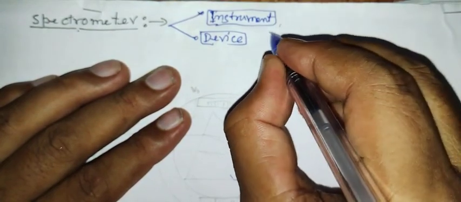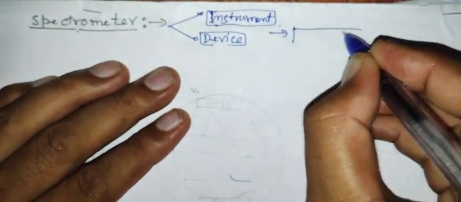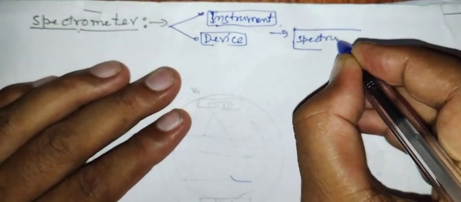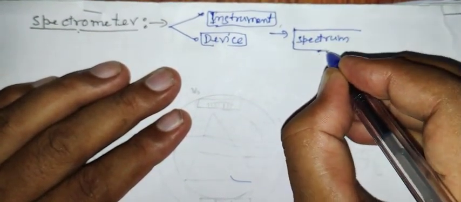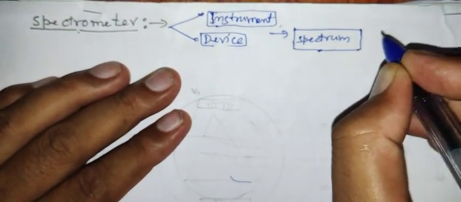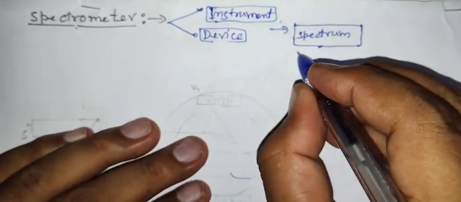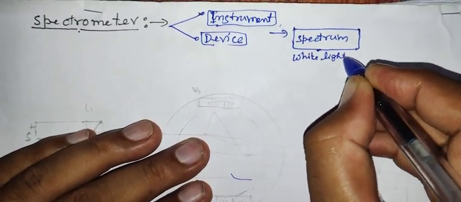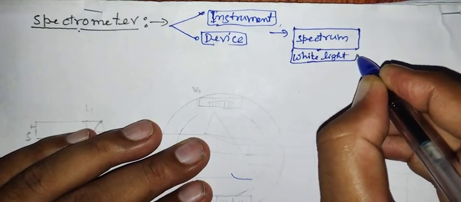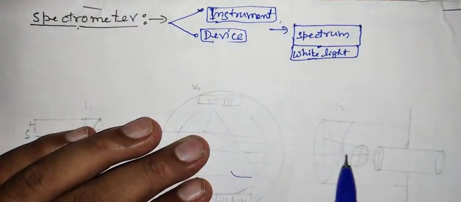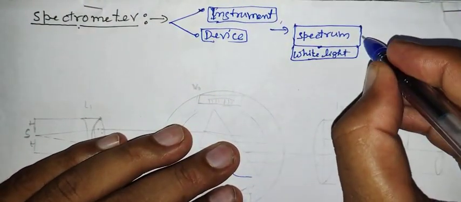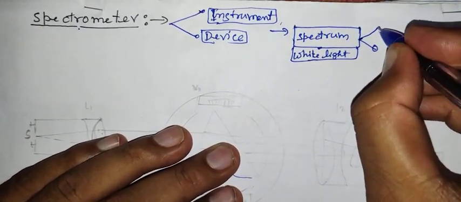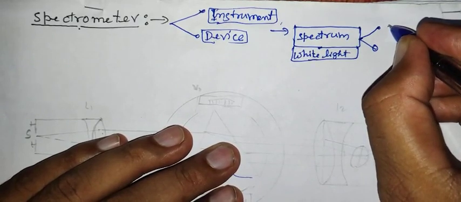It is used to analyze the spectrum pattern of white light and the study of some monochromatic light also, by using two devices: one prism,